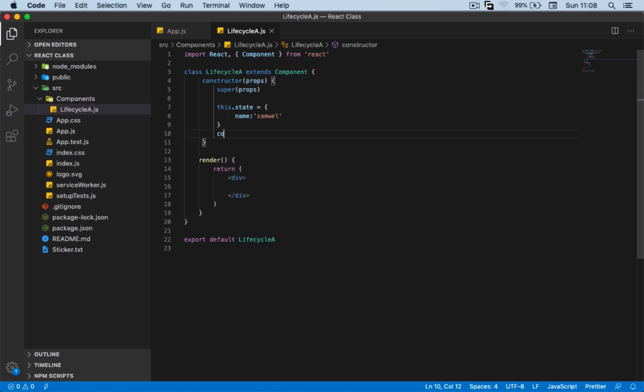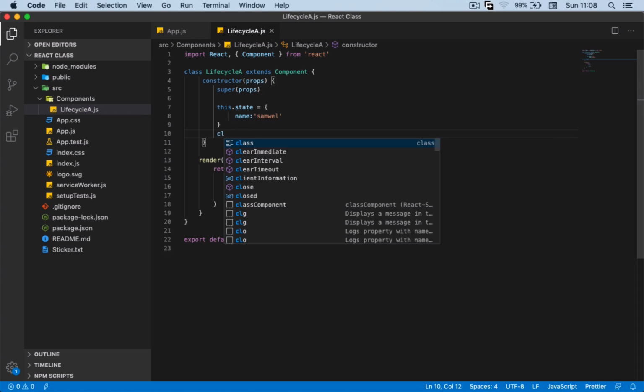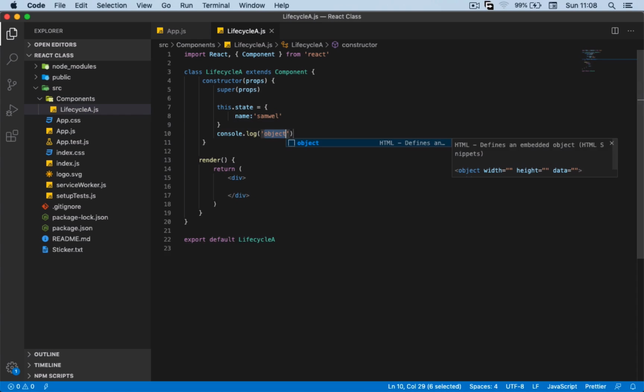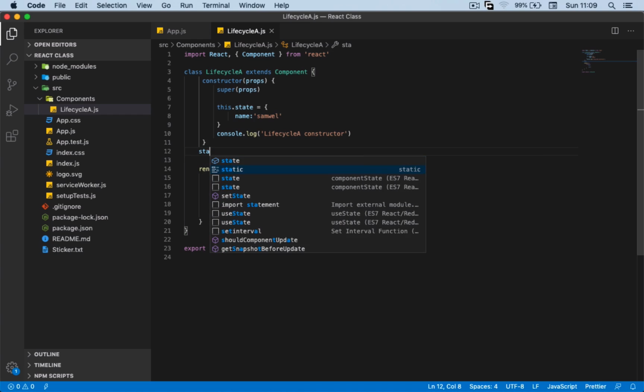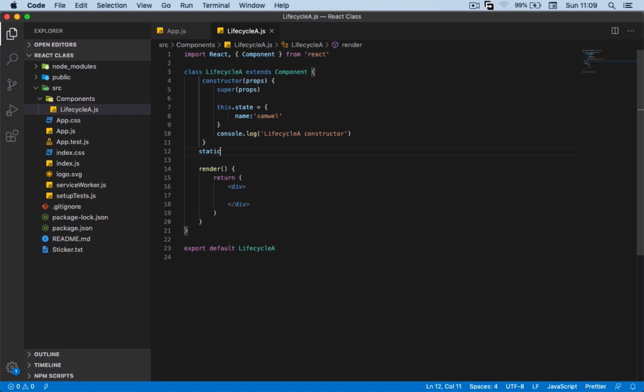So here I'm going to console.log, and this is LifecycleA constructor. Okay, and the second method is the static method. So make sure you start with the keyword static, unless it won't work. So static,